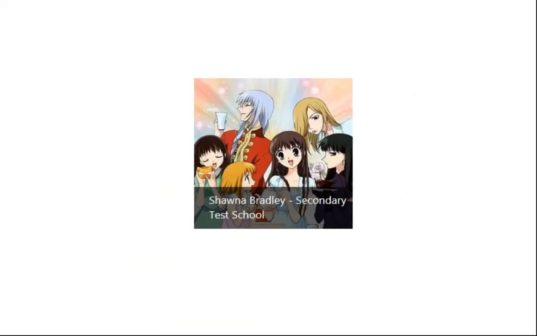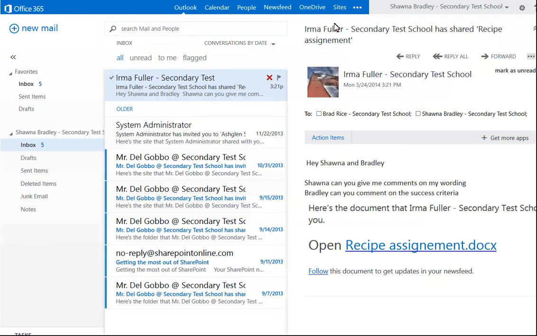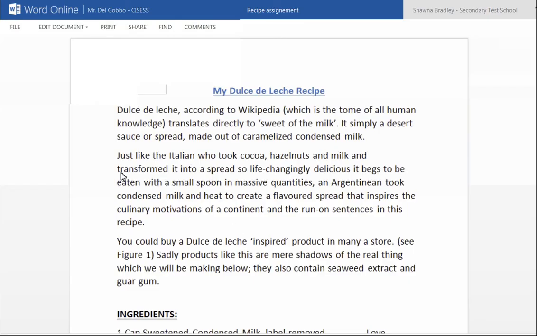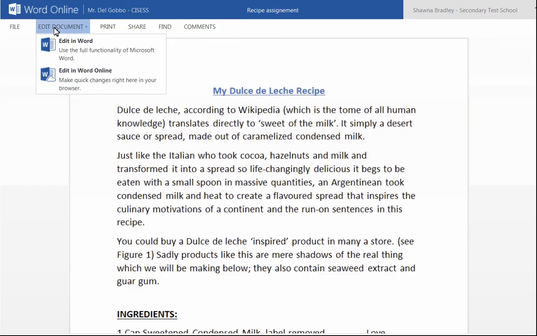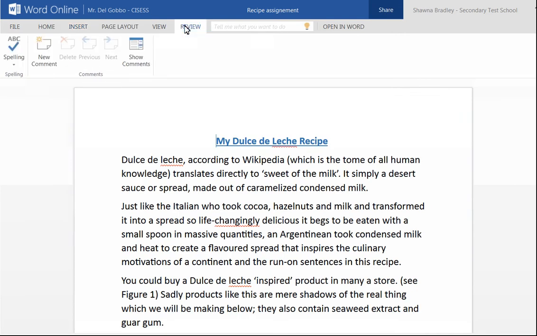When her reviewer, Shauna, logs into Office 365 and checks her email, as shown here by hitting Outlook, she sees a message from Irma with instructions and a link to a recipe assignment. When she clicks on the file and hits Edit, and then Edit in Word Online, by pressing Review and New Comment,